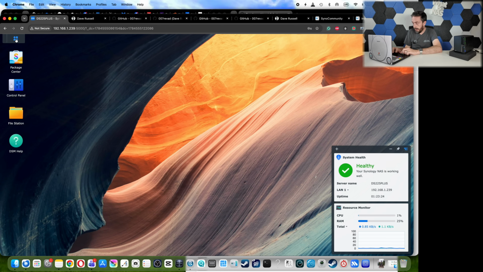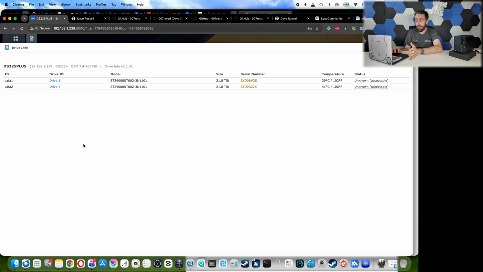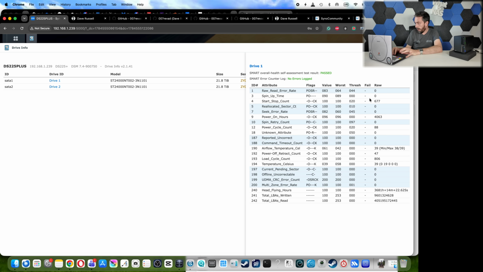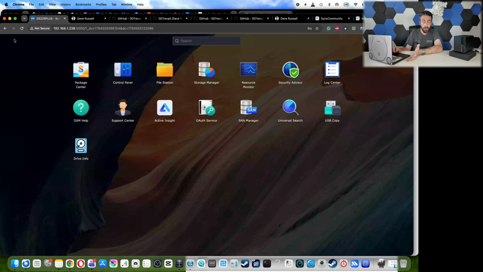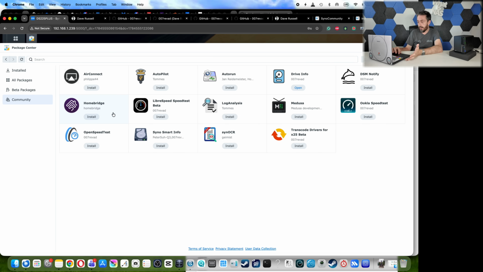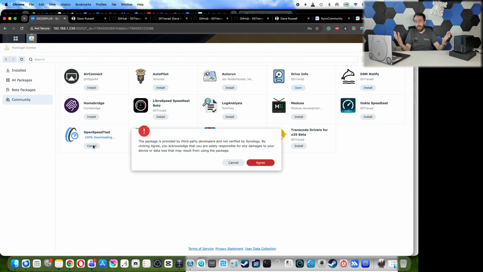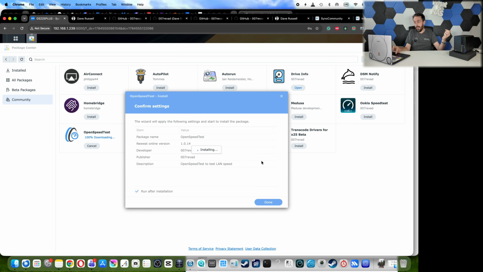And then from there, we can just simply go in, use Drive Info there to get that further information that this add-on allows us to obtain. And again, that's drawing from the smart information there, but generally, this is just a small example. And another one we could run, let's go back into the package center, is something like we could just go ahead and have open speed test built into the NAS to test internet connectivity there,